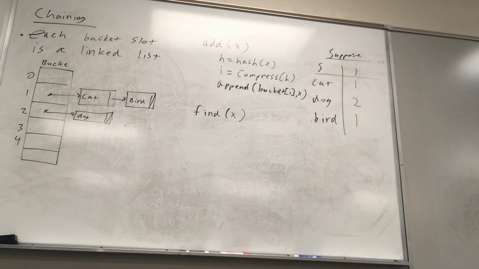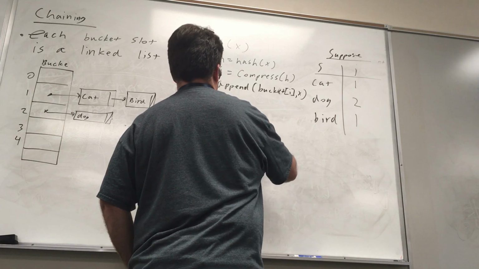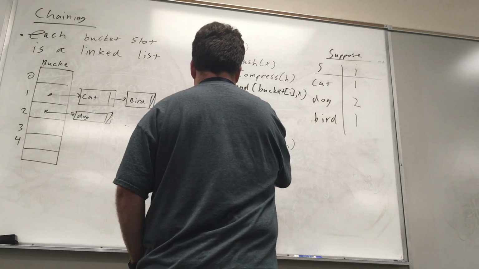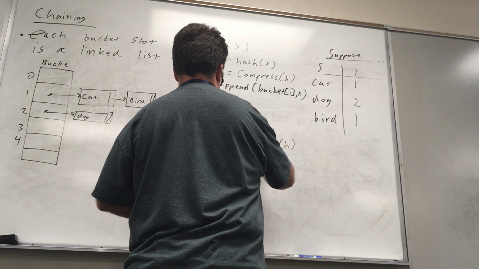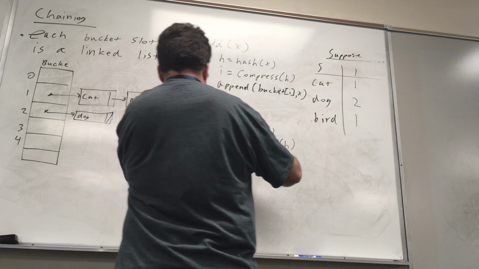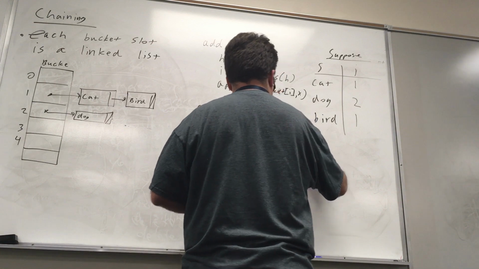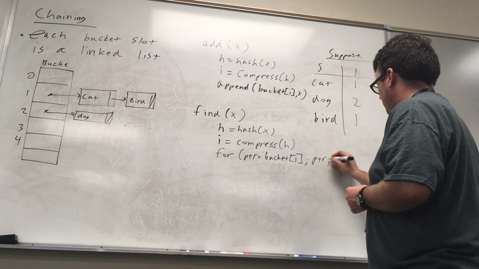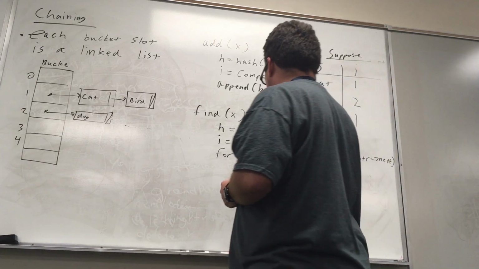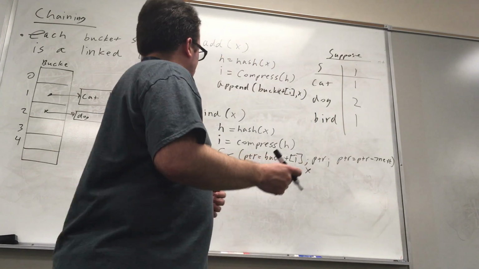And then if I wanted to find something, so if I wanted to find x, well, what I would do is say h equals hash x, i equals compress h, and then append, or not append, I'm searching for it, so then I would say for PTR equals bucket sub i, and then while PTR does not equal null, then I would do PTR equals PTR arrow next, and then if star PTR is equal to x, then I would say star PTR's value is equal,